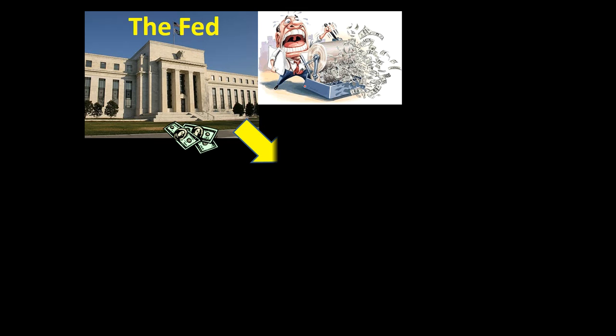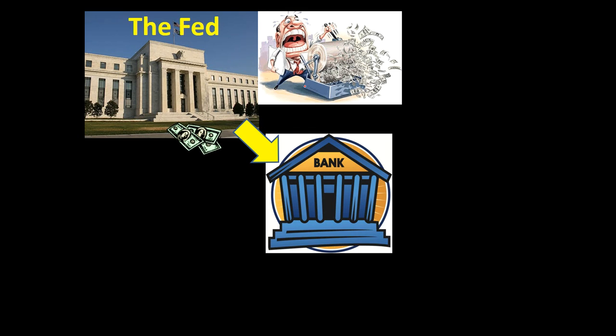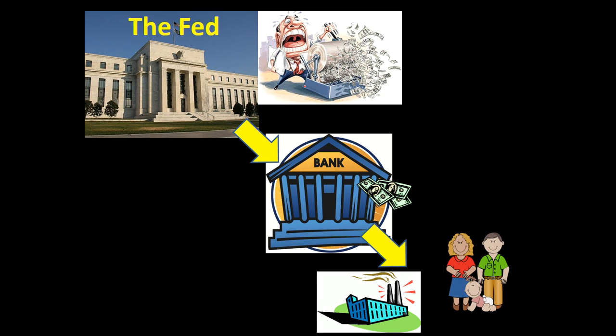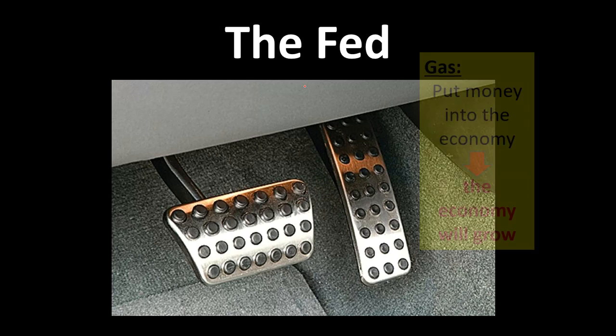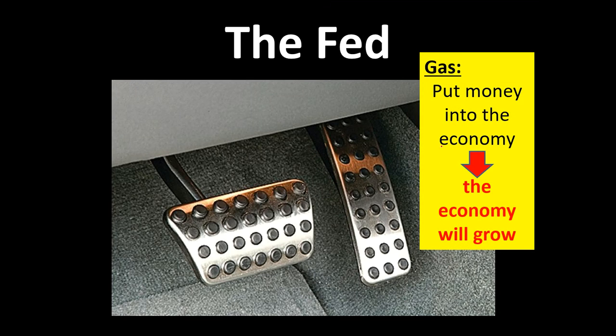You don't want to print too much money. So again, how it works is the Federal Reserve prints the money, they loan the money to the banks, and the banks loan it out to businesses and people. Now you've got the money out in the economy, and the economy grows. The Fed puts money into the economy, and it will grow. That is a lot like the gas pedal. This stimulates the economy. They loan money, the money goes out, people buy stuff, it creates jobs,